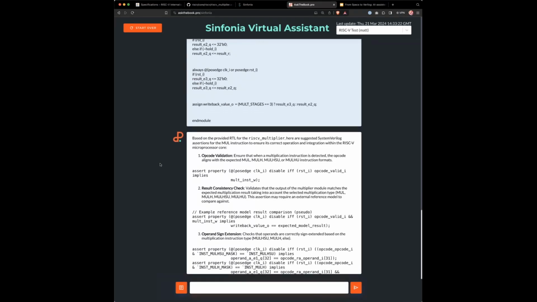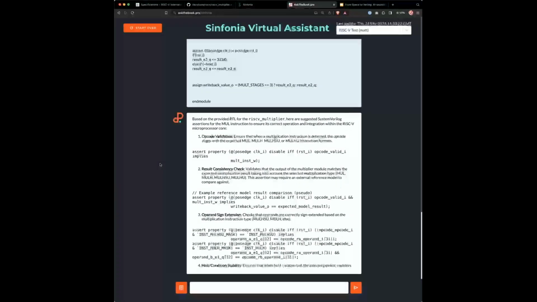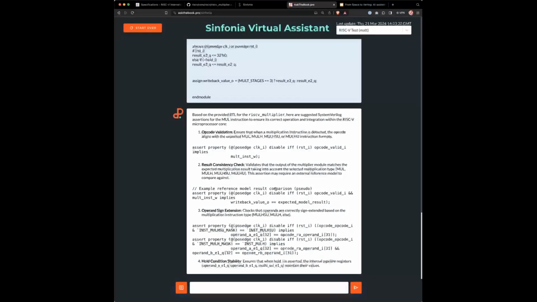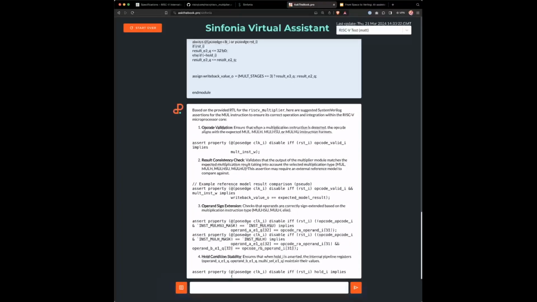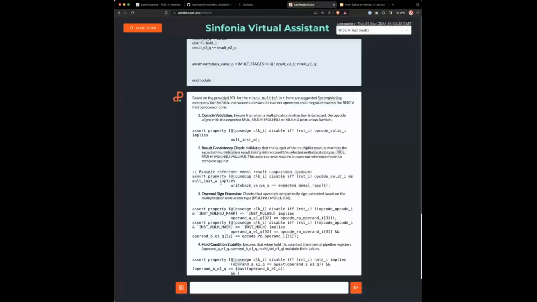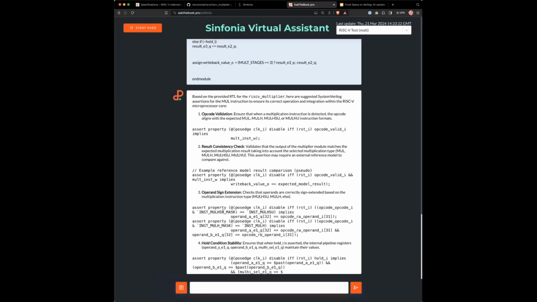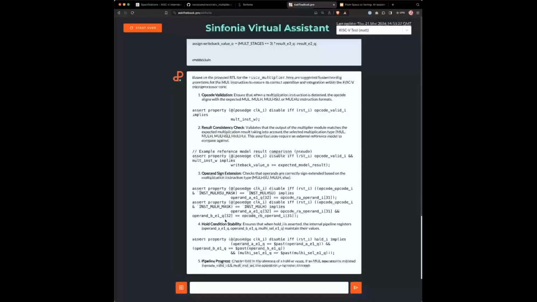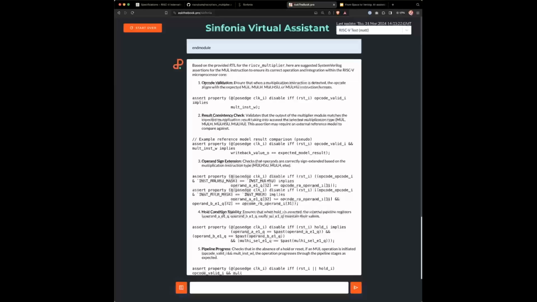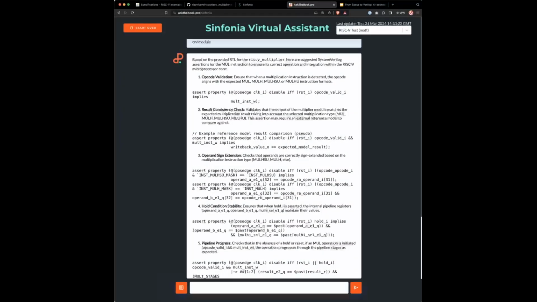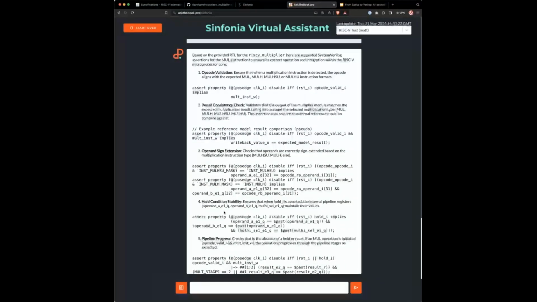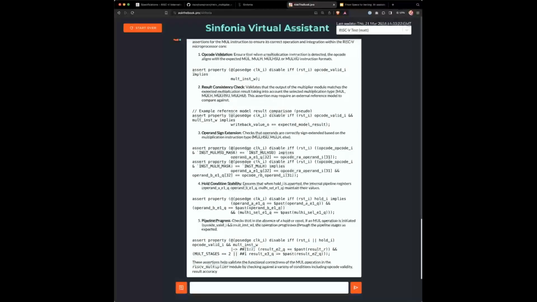Results consistency check, operand, sign extension. And this is actually going beyond. So it's going beyond even the multiply instruction and doing the MULH and the unsigned instructions as well. So it's going well beyond. We can be much more specific in our request and have it generate even more for us in terms of